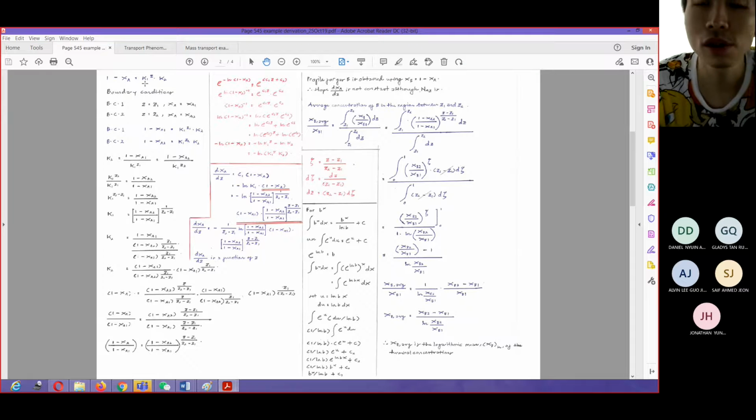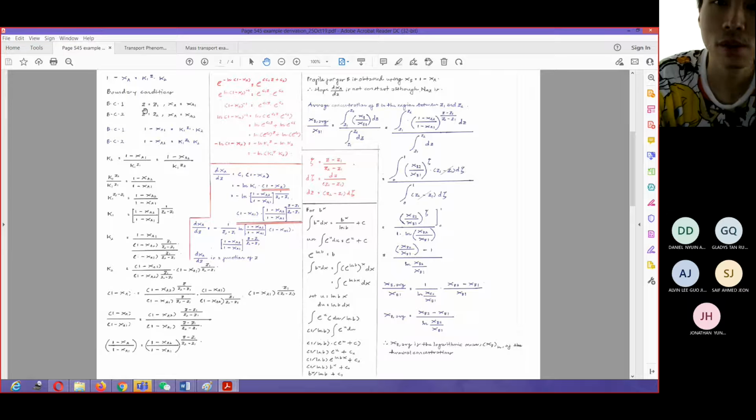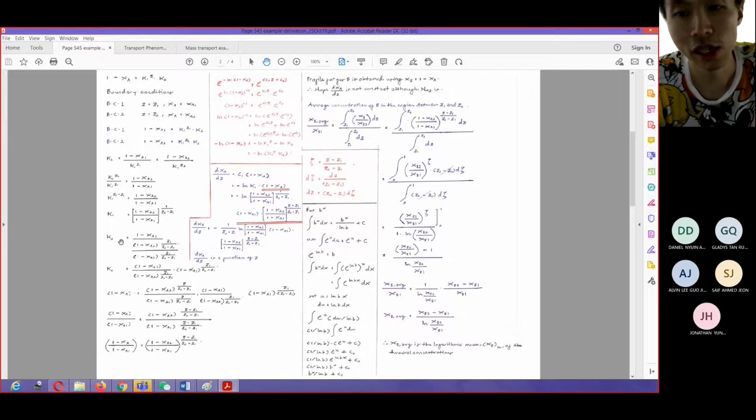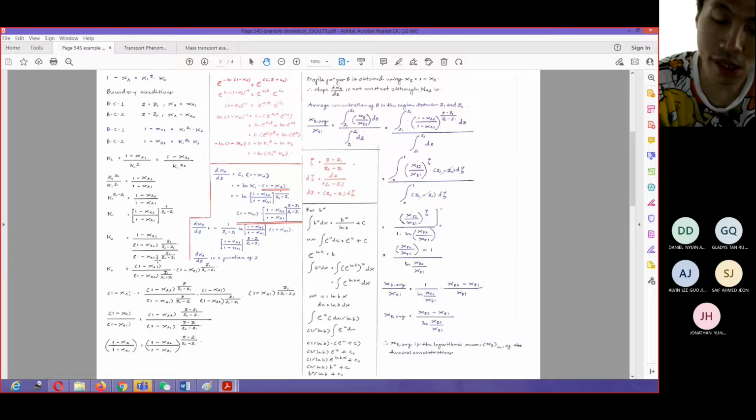Once we get these things, then we know that we need two boundary conditions to get the function of the mole fractions. So let's just substitute this BC1 and BC2. We substitute this accordingly. Then we know that K2 is equal to this term in here, and then we can find K1. After we find K1, we can also substitute it back into these equations in here, and then we can find K2. The process looks a little bit more complicated, but I'm very sure that if you do these things slowly, you will be able to get this.